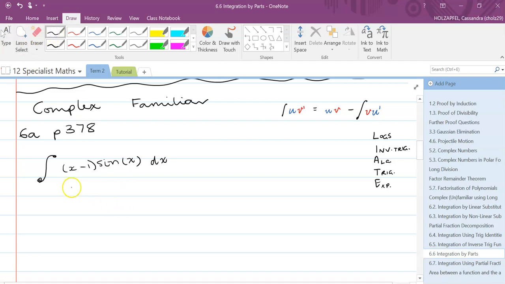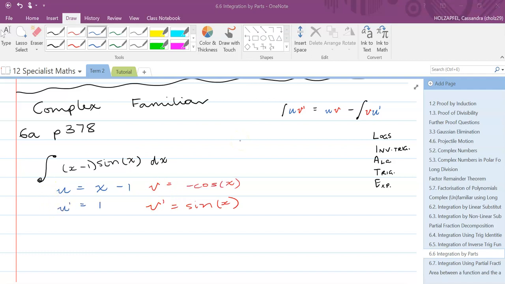So let's go ahead. This term here, x minus 1, that's going to be an algebraic term. Sine of x is going to be a trig term, and so therefore we're going to pick x minus 1 as our u term. So what this means is that the derivative of v is going to be our sine x term. Okay, so now what we need to do is derive u and integrate v. And now all we need to do is substitute into our